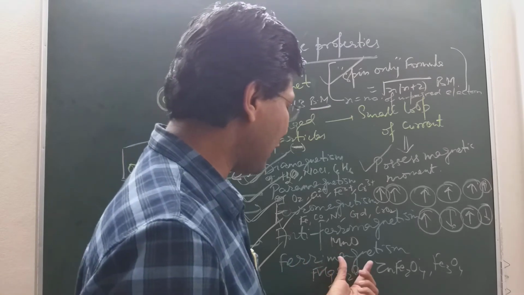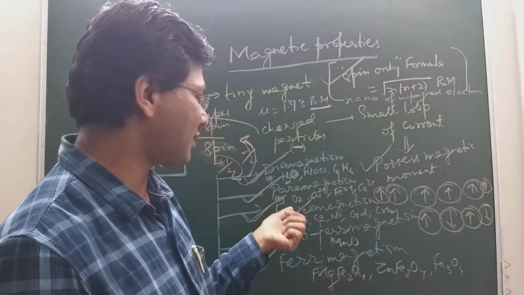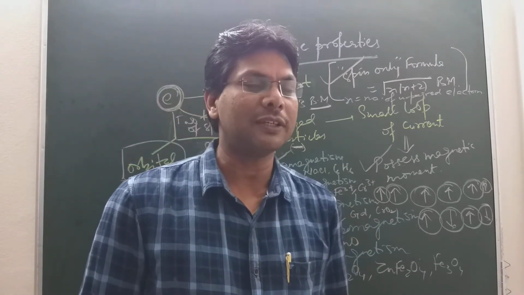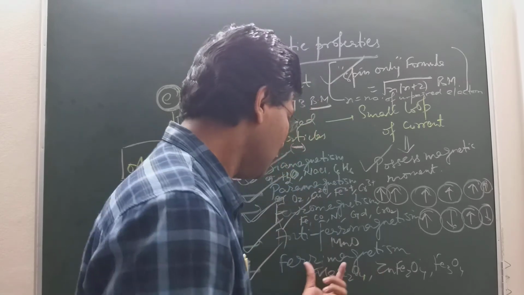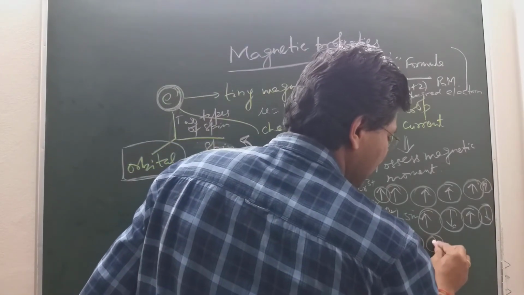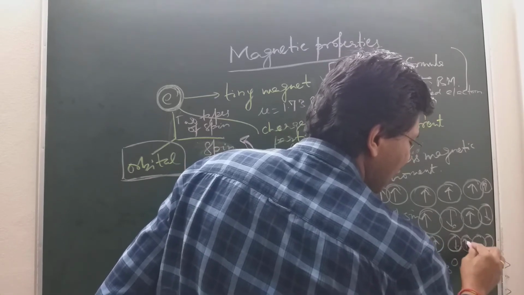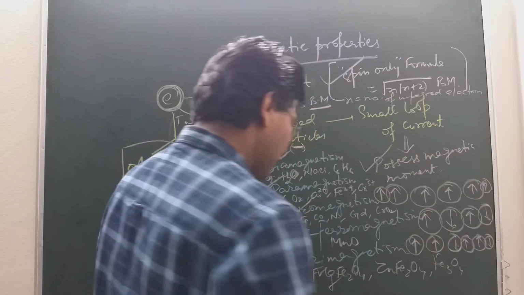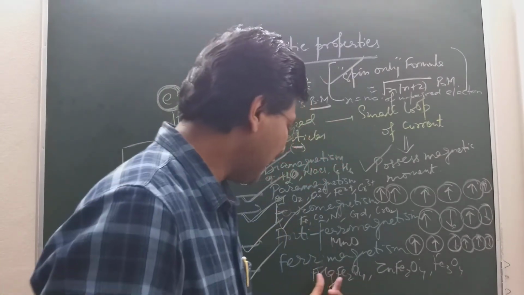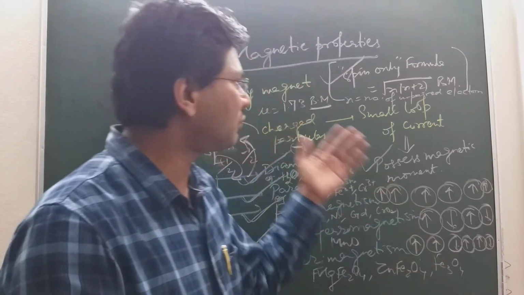Now coming to ferrimagnetic substances, they do have a magnetic moment. That magnetic moment is less than that of ferromagnetic material. Ferromagnetic material is used for making permanent magnets. If you see the domain structure for ferrimagnetism, if 2 go up, then 1 will come down. So this way it is. Examples of ferrimagnetic substances are ferrites, Fe3O4, MgFe2O4, ZnFe2O4. So this was the topic.